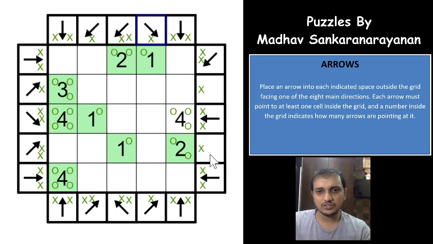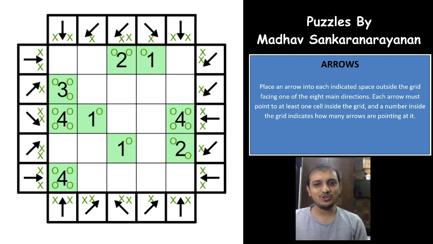This cannot point upwards because that will fulfill the 4, but 2 is already fulfilled. So 2 will have 3 arrows pointing towards it. Which means this will have to point towards the bottom, and this will have to point towards the remaining 4, because 4 needs to be completed now and all the other arrows are fulfilled. Only one arrow is remaining and that has to fulfill the 4. So we have completed this gorgeous puzzle. This was an excellent puzzle, and the way you notate the puzzle and use the notations will help you solve it easily, right? The number of arrows pointing will be equal to the numbers indicated inside the grid. So this was the second puzzle, the arrows puzzle.